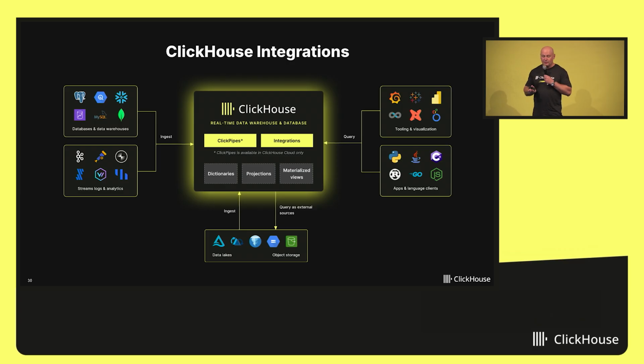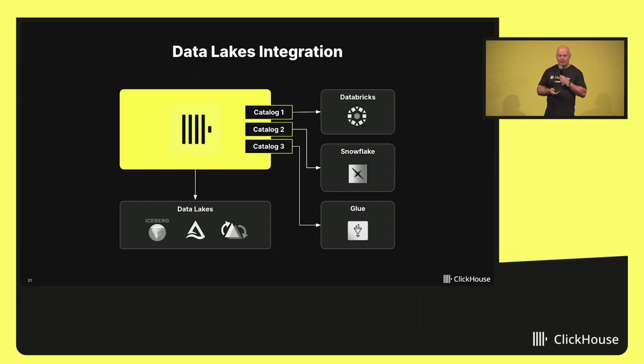It already works with Postgres and MySQL, and later this year, we're going to be adding other data sources, such as Iceberg. And speaking of Iceberg, as Alexey mentioned, we are integrated with all the popular data lake formats, including Iceberg, Delta Lake, and Hudi, and we're compatible with data catalogs such as Unity, Polaris, and Glue. We have a very close partnership with Databricks. In fact, in 2 weeks, we'll be presenting at their Data and AI Summit. So if you're planning to be at that conference, make sure to stop by our talk.